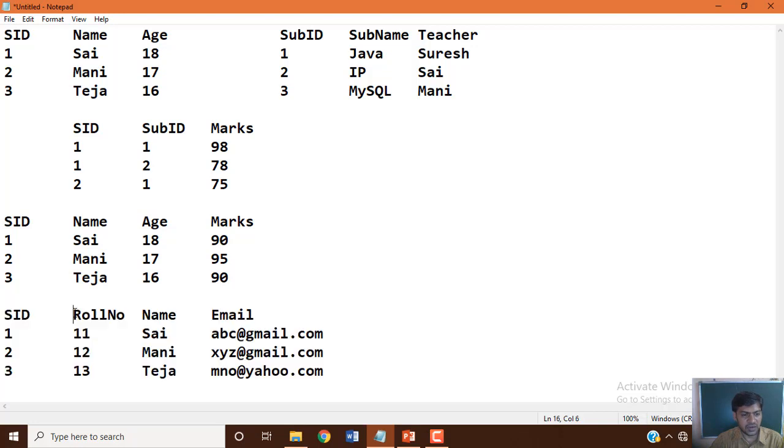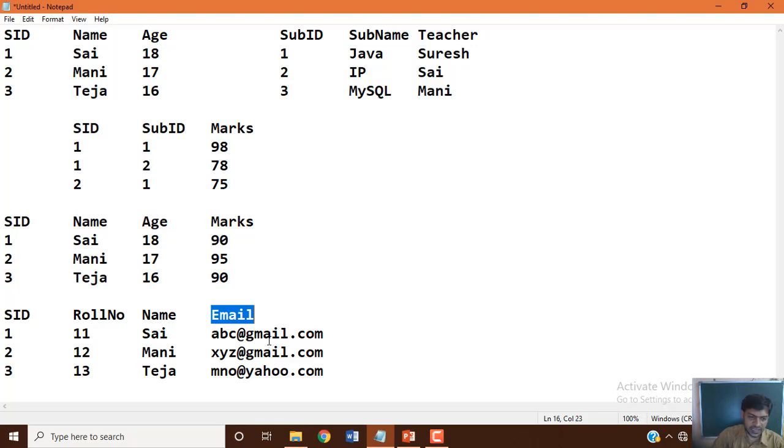In the same manner, roll number is also unique in nature. When you have unique values in a column or attribute, we call it a candidate key. Name can have duplication, and email again is unique for students, so it is also a candidate key.